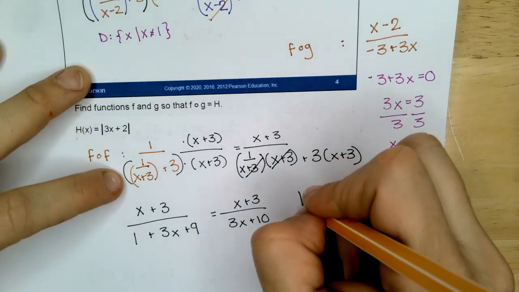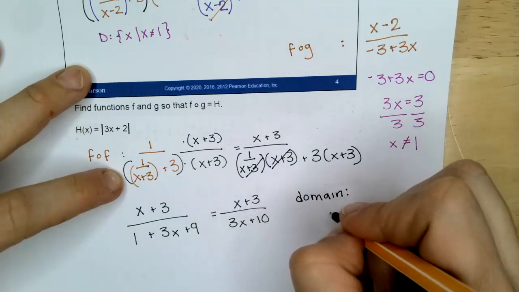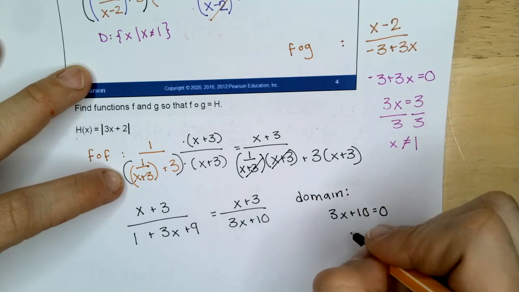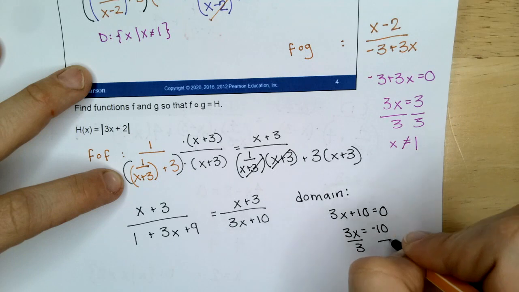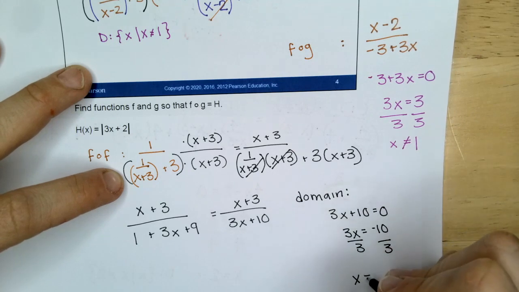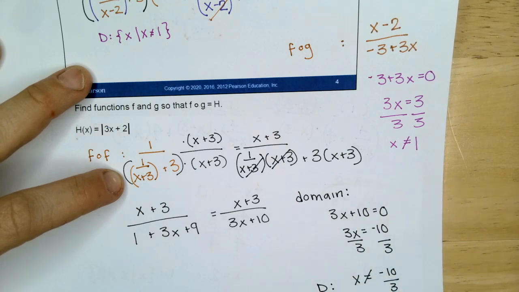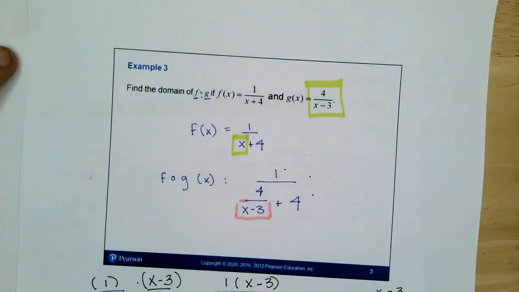The domain, we cannot have 3x plus 10 equals 0, so I'm going to set it equal to 0. X cannot be negative 10 thirds. Good. All right, and then